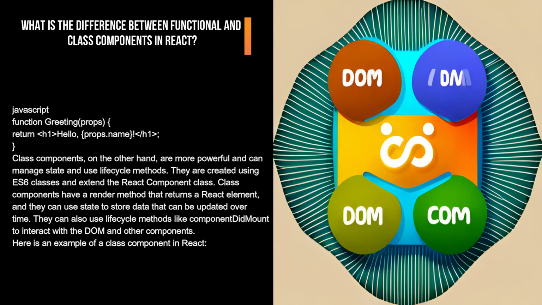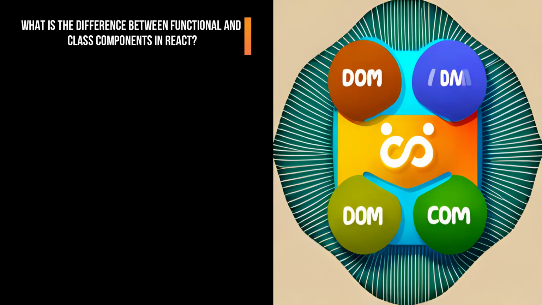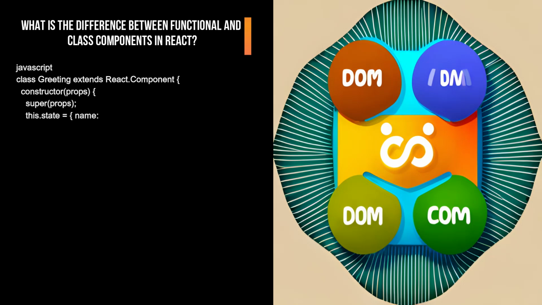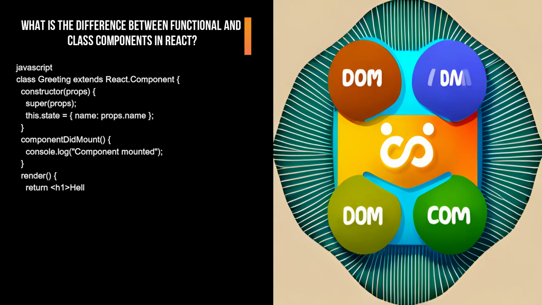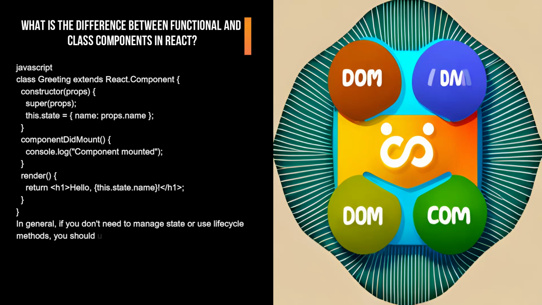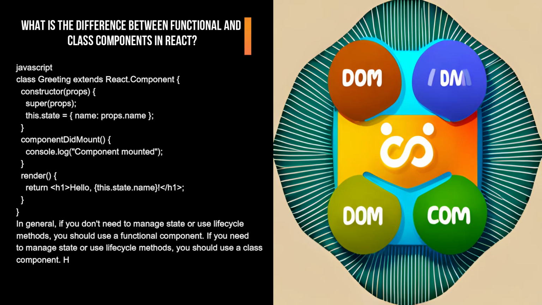Here is an example of a class component in React. JavaScript. class Greeting extends React.Component { constructor(props) { super(props); this.state = { name: props.name }; } componentDidMount() { console.log('Component mounted'); } render() { return <h1>Hello, {this.state.name}</h1>; } }